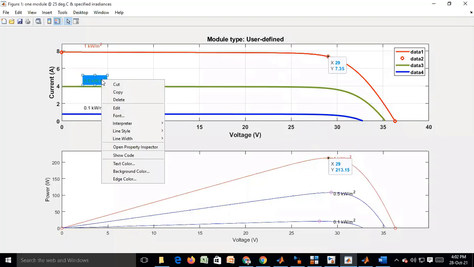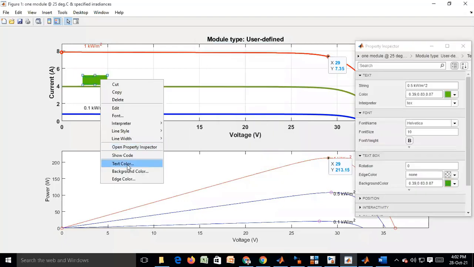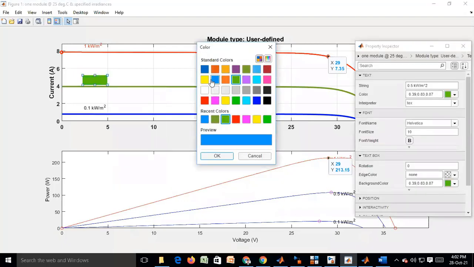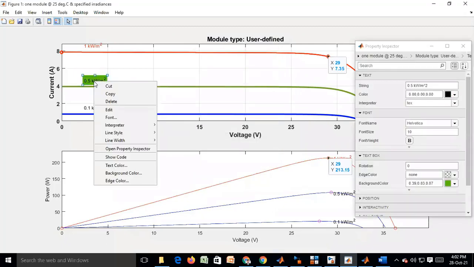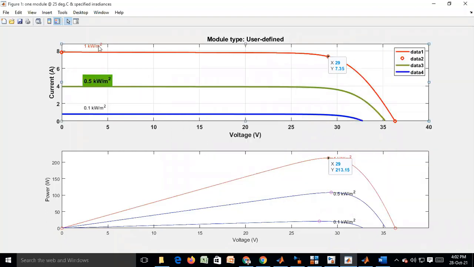The background color can be changed, and the text color can be something else, and the text can be bold, because this waveform is related to 500 watt per meter square.